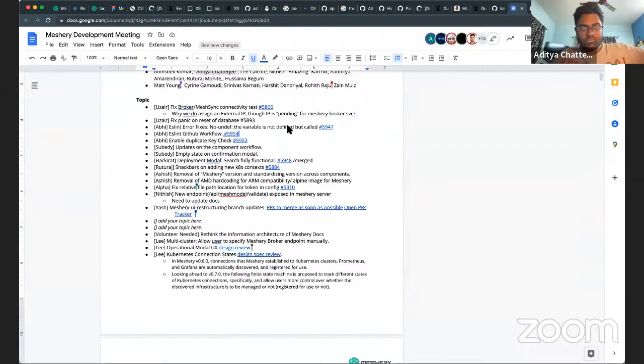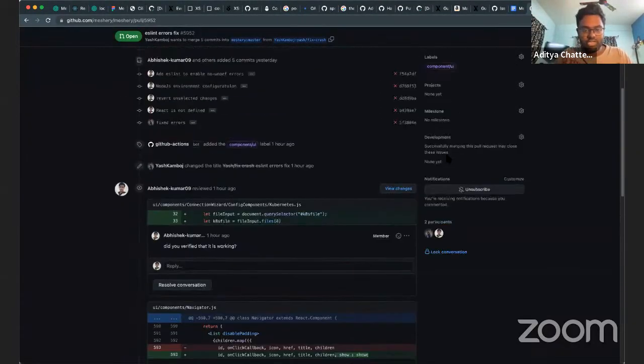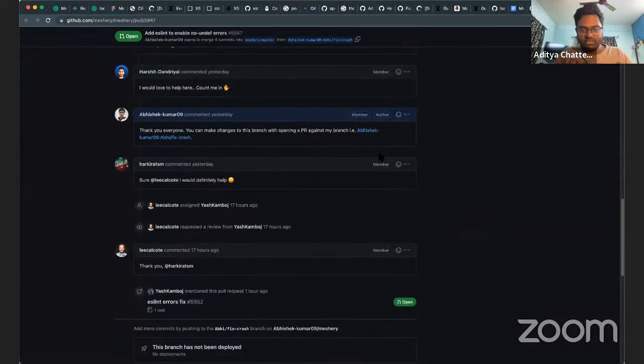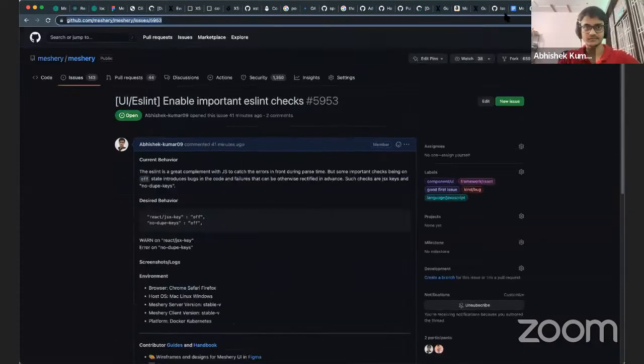So that was the update on ESLint. If anyone's interested, you can either signal on Slack, or you can also write down your name in the minutes itself. If anyone wants to volunteer right off, that would be good.